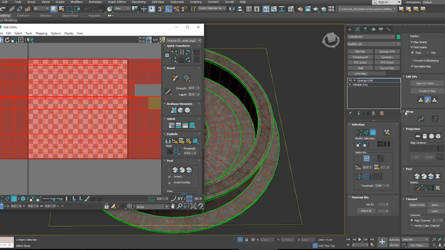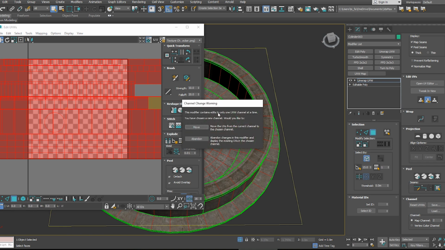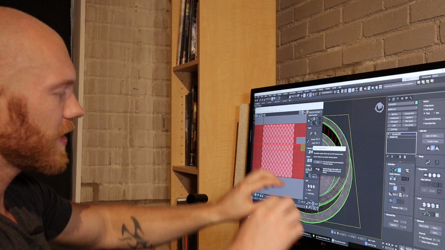To get back to this, we find the channel options, we switch it to channel 2. It's going to ask you if you want to move your existing UVs to channel 2, and that's going to basically copy the UV channel 1 to UV channel 2. I don't really care about that because I'm going to do a different clean layout, because right now everything's broken